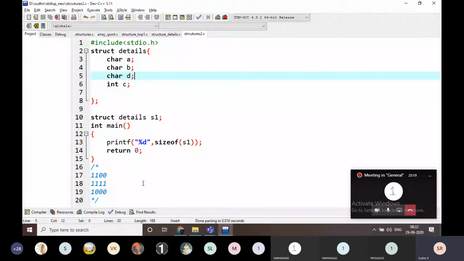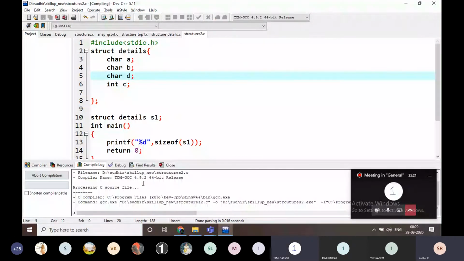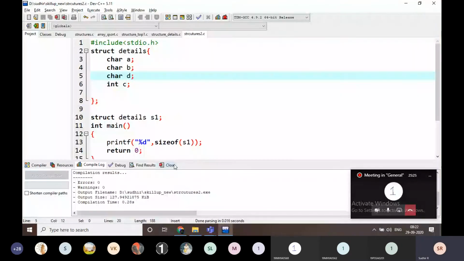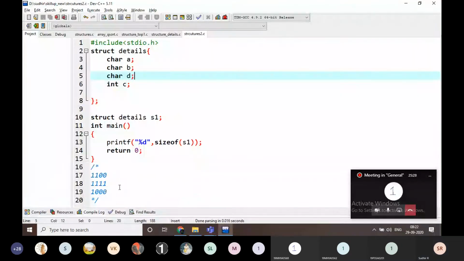What is the size now? It is going to be 8 only. Do you understand how it is going to be taken? It differs with the position of the variables also. The size of the structure is going to be changed. Is it clear? And one more thing is also there.